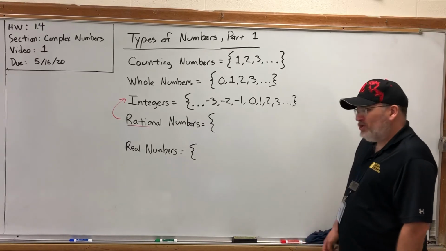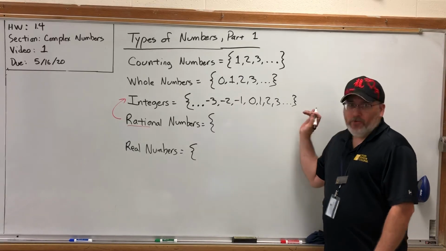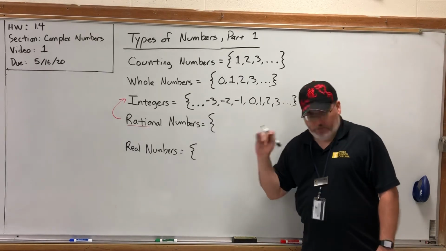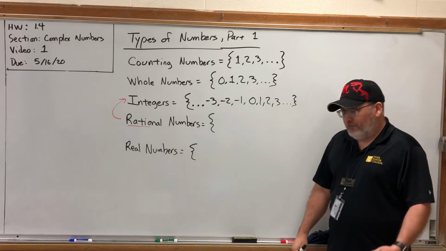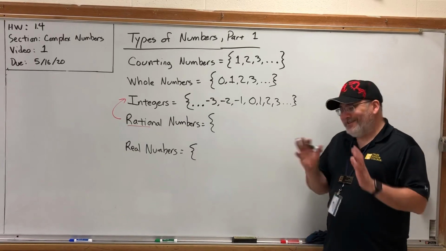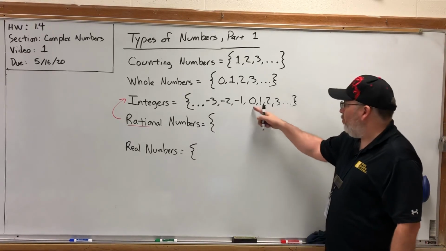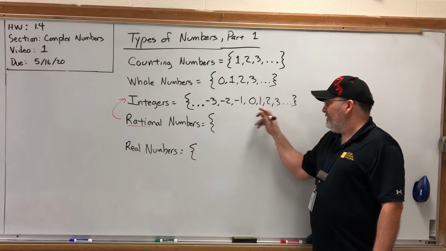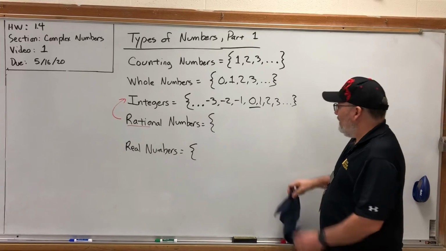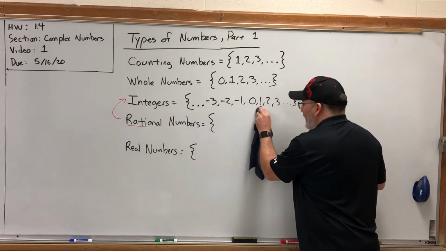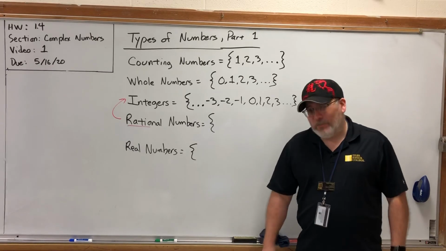So in come the fractions, in come the rational numbers. But now we run into a problem on how to write them. Up until now, I could just list them in a row and maybe go forever on one side or the other, or both, and everything was okay. But the problem with rational numbers, with fractions, is that they are so densely packed, I can't just list them in a row. For example, consider 0 and 1. If we were only dealing with integers, there's no more numbers in between here. But the minute we start allowing fractions and decimals, how many fractions are there between 0 and 1? The answer? An infinite number of them.